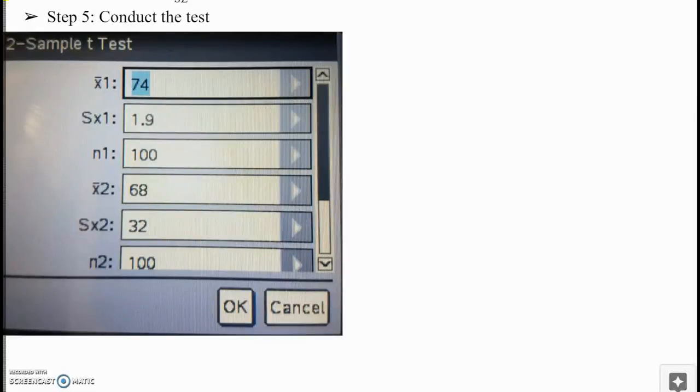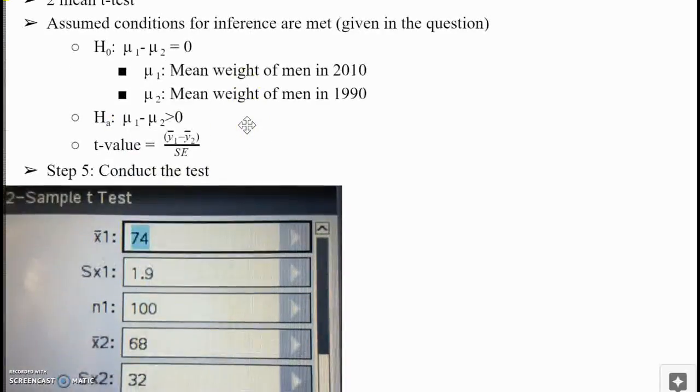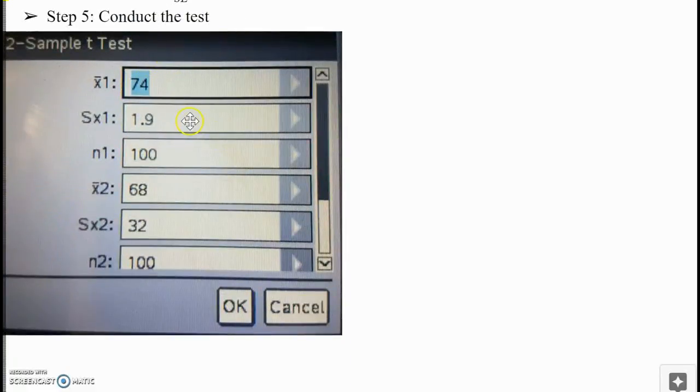So in the previous video as well, I did kind of the opposite of what I was supposed to do. I let the second part of my hypothesis test equal x1 and my p1, and that was confusing. So I let x1 equal my mean of 2010. So I put 74, then the standard deviation, then my sample size, and then my second one, which was